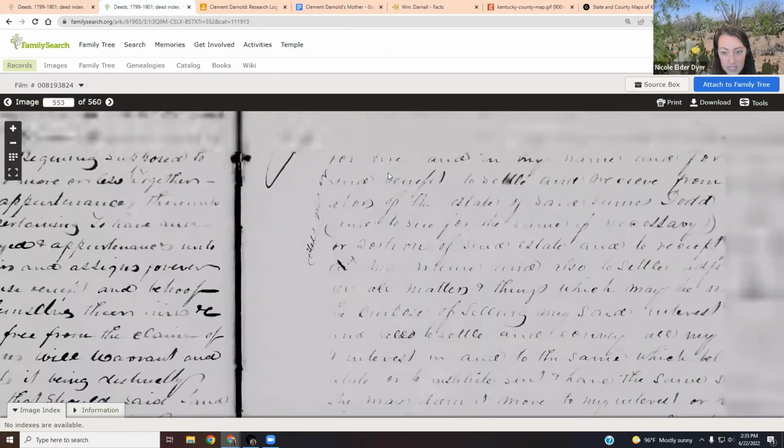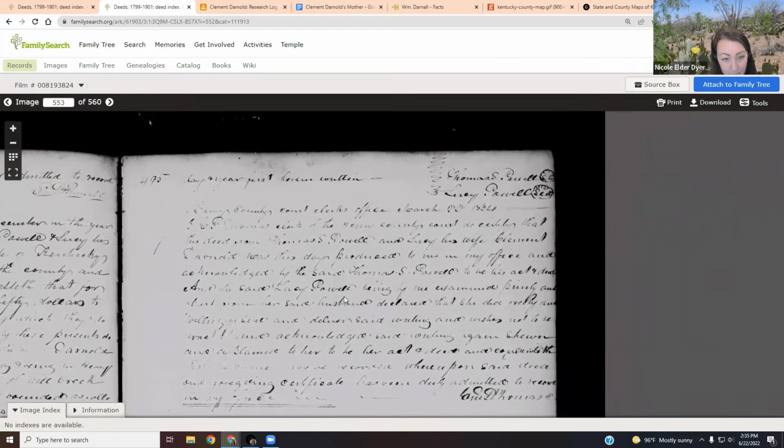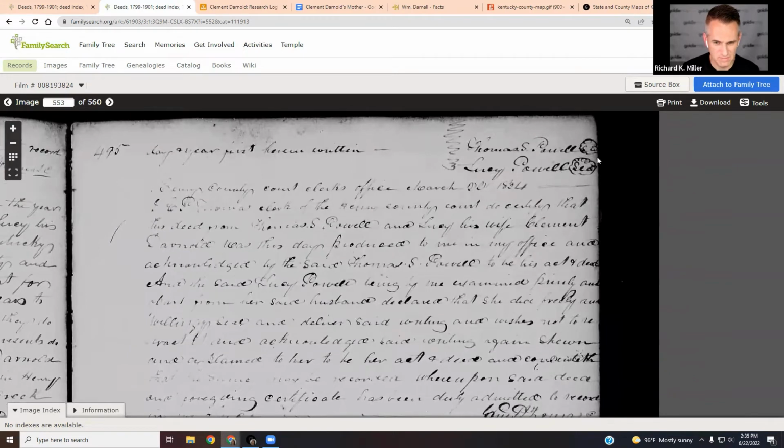Okay, so this deed really doesn't give us any info about Clement, really, because he's just receiving the land. Okay, but it does have Thomas Powell and Lucy Powell's signature. And then this is going to be the dower release. Clement Darnold